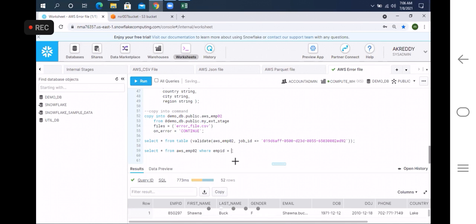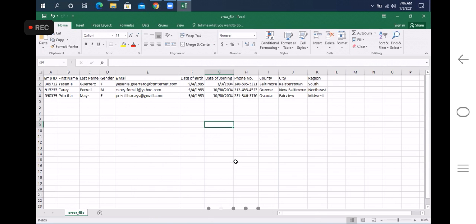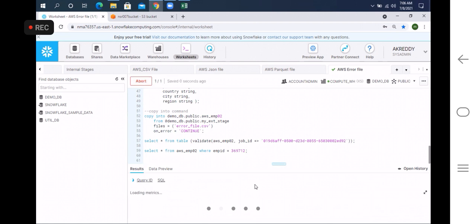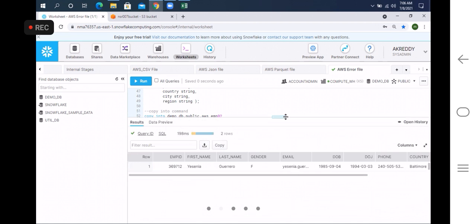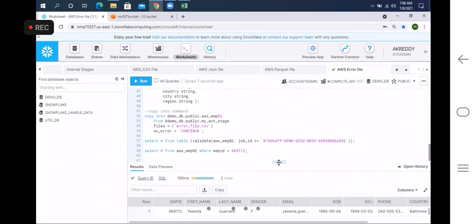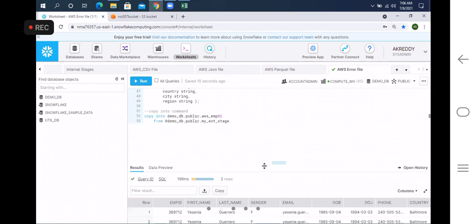Where EMP ID equal to 369712. Okay, it is uploaded twice, I guess. Okay, so it is uploaded twice. I think yesterday the file also got loaded. Okay, so this is how the error records get loaded into